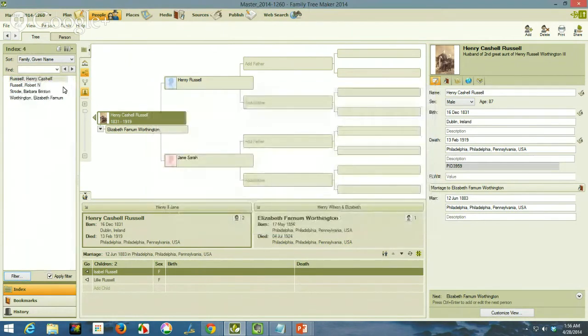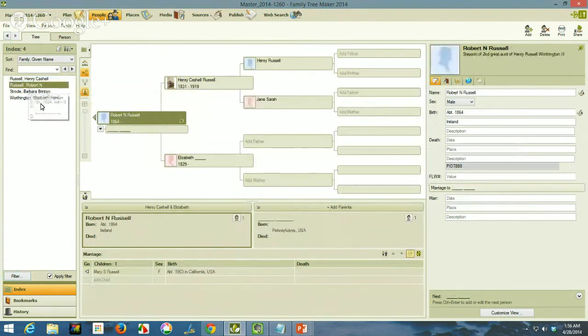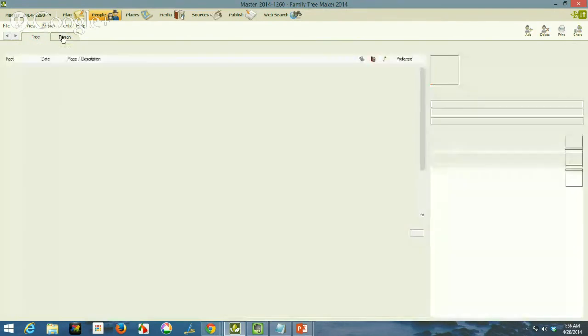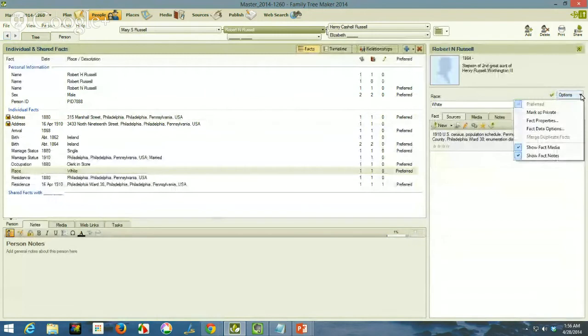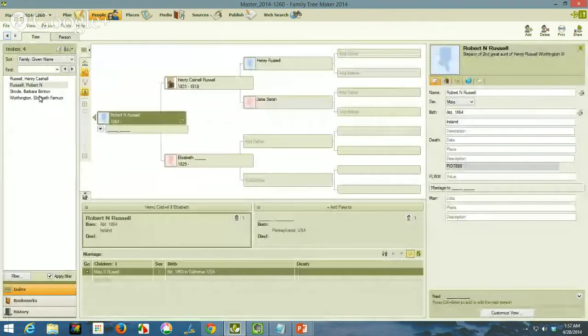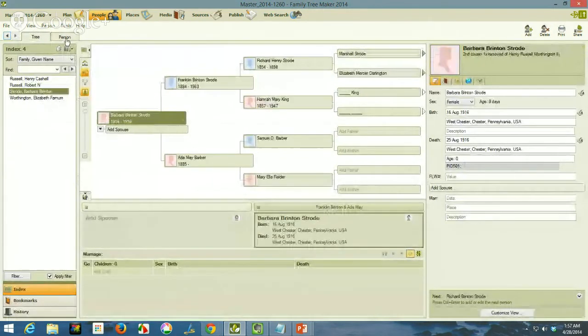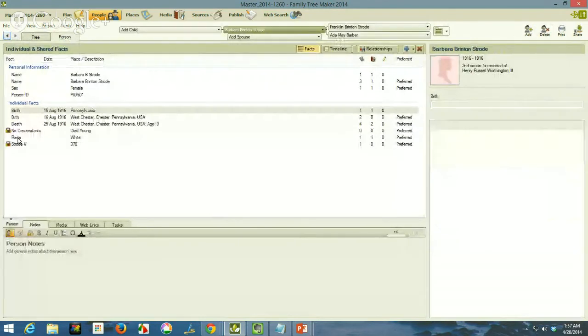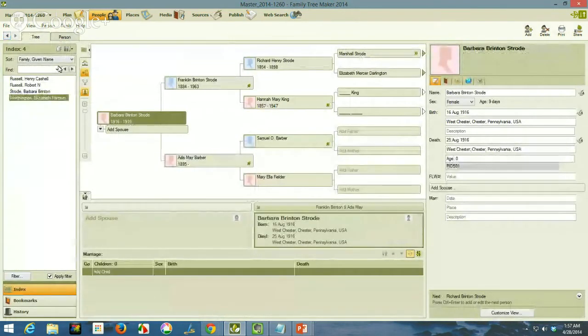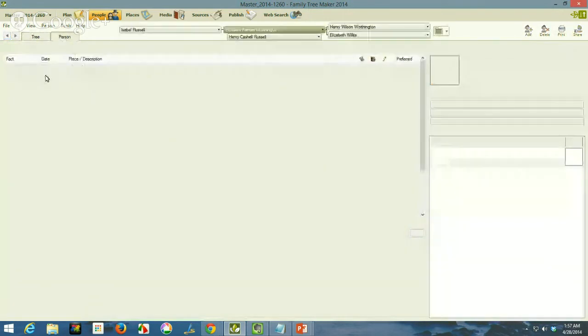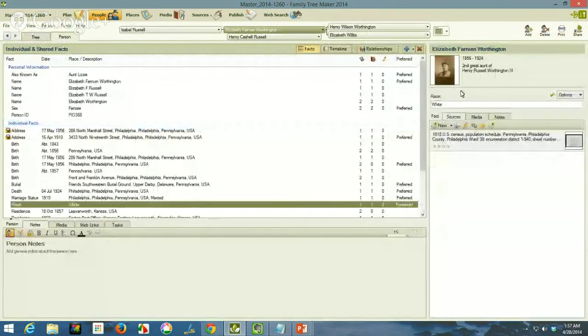So I now have those 4 people over here. We already took care of him. Now I'm going to go to the next person, click on person, go down to race, and mark it as private. I'm going to go back to the tree view. I'm going to the next person. I'm going to click on person, going to select race. I'm going to mark it as private, and I'm going to click on the 4th person and person and race and mark